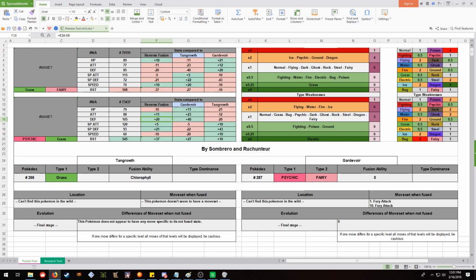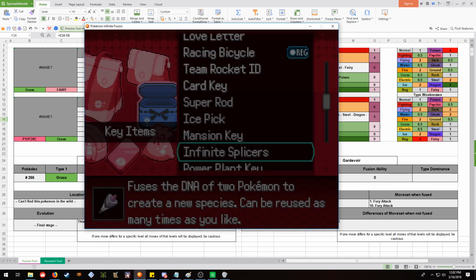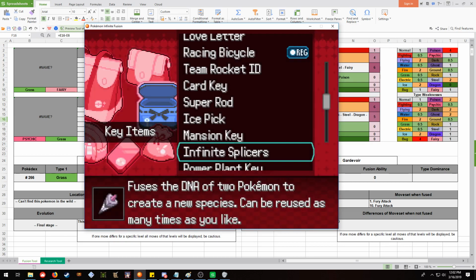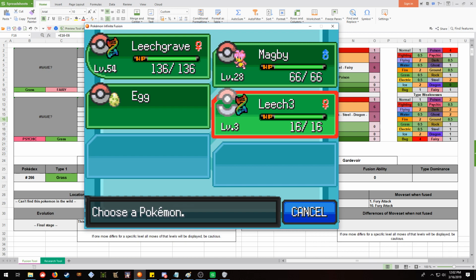What's Grass Psychic's weakness? Oh my god, it's got even more than Grass Fairy. Ugh. But it's tankier. Huh. Interesting. Alright, let's redo that one then. Well, except, is it gonna fuse as a...